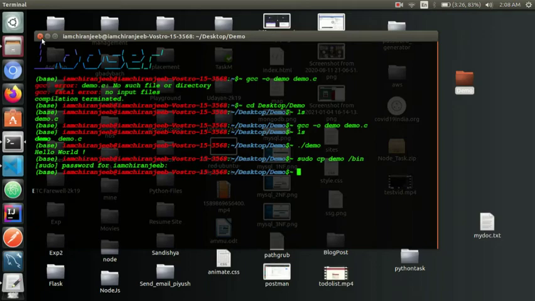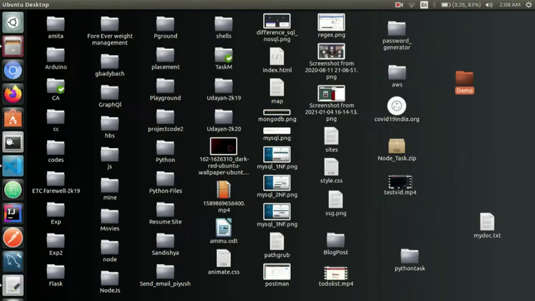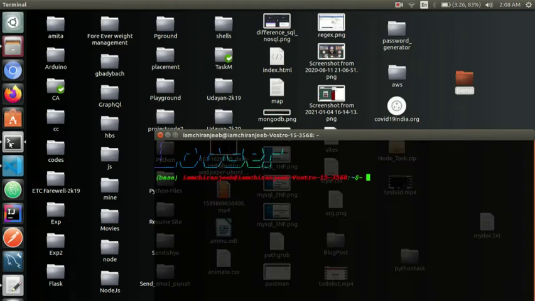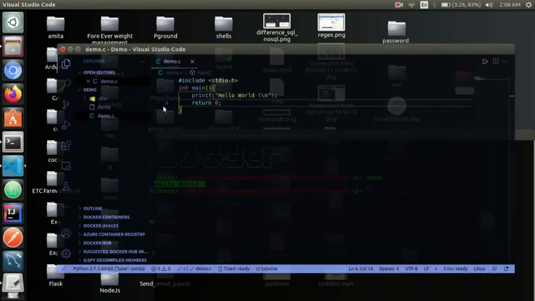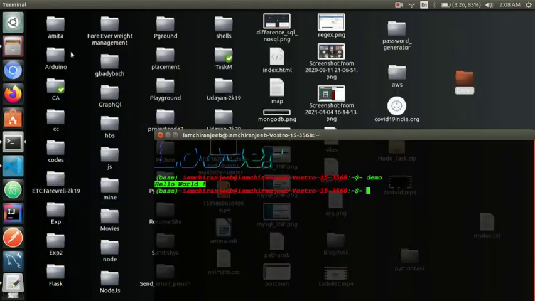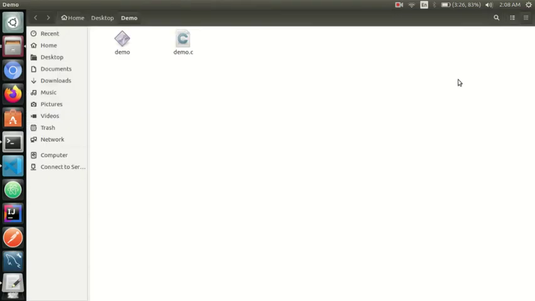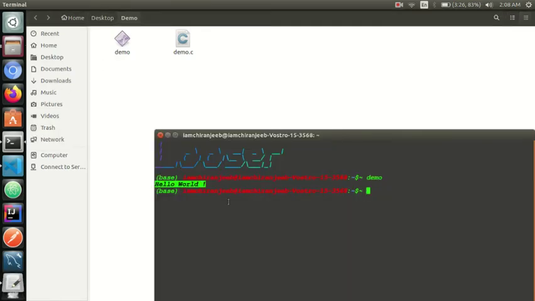I am closing this terminal, again opening this terminal, and again typing demo. See, here we can see hello world appears, what we have written here. So you remember one thing, whatever the name of the executable file, that will be our command.